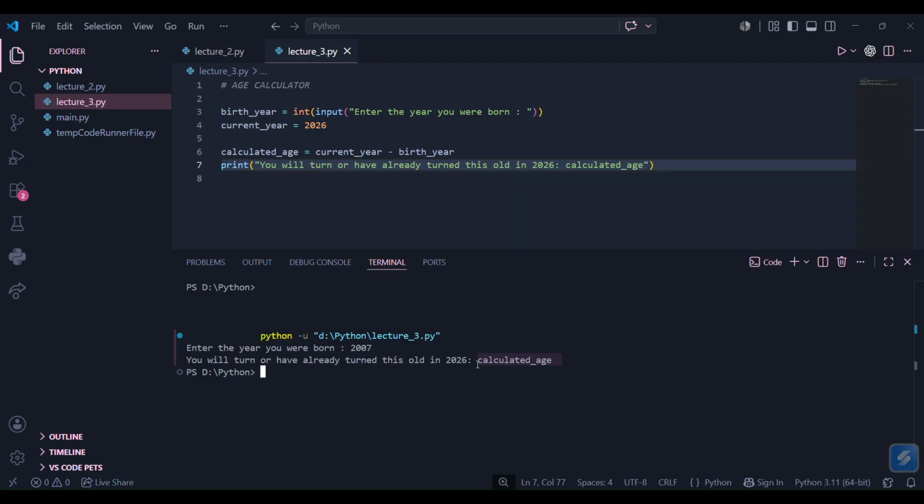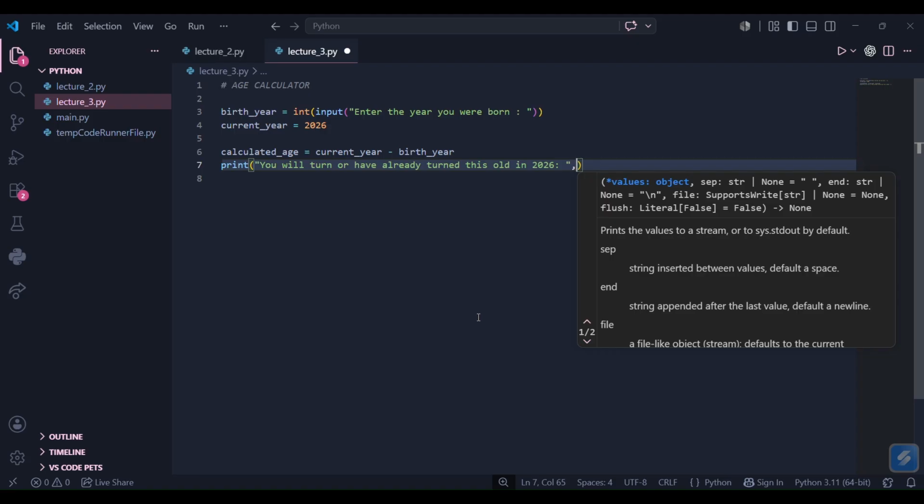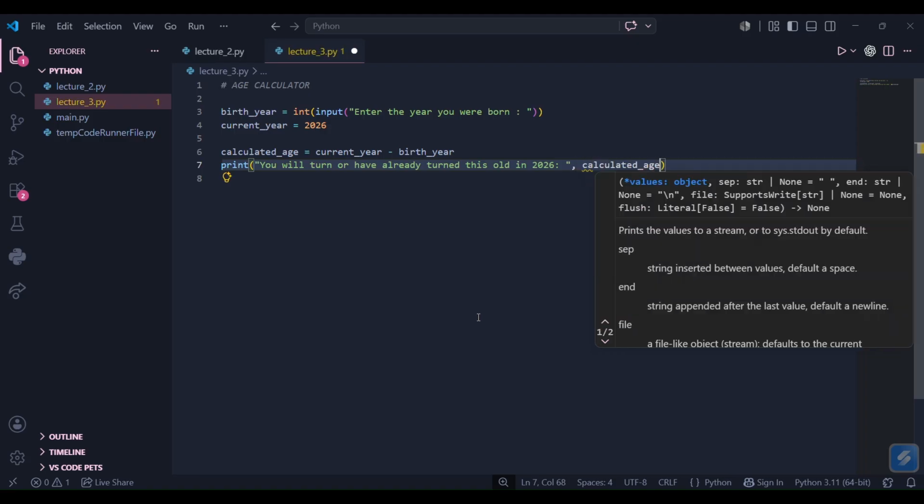If you want that in the same line, here is what you can do. You have to come out of this double quotes, put a comma here while in the parenthesis, and then put the calculated age here. And now see,